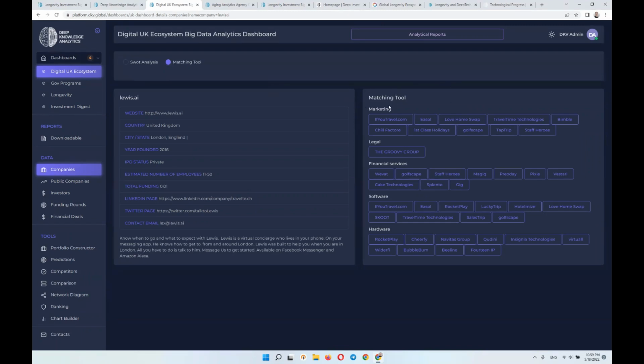What is the matching tool and how does it work? For every company we decide on 5 different areas, namely marketing, legal, financial services, software, and hardware. Based on the parameters of this company, how well it is developed and in which way it is developed, according to all of these 5 areas, we suggest the best collaborators, which can basically be used by business developers,